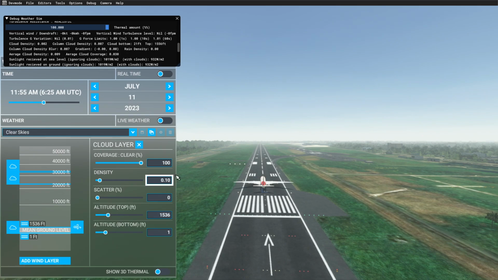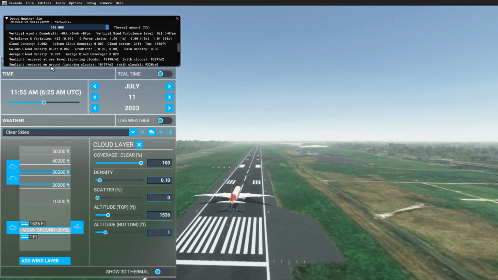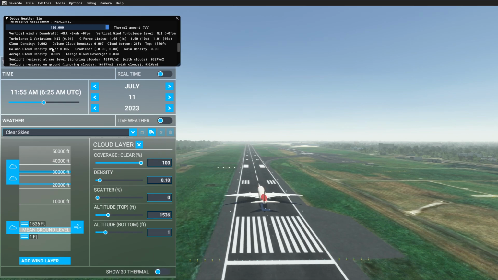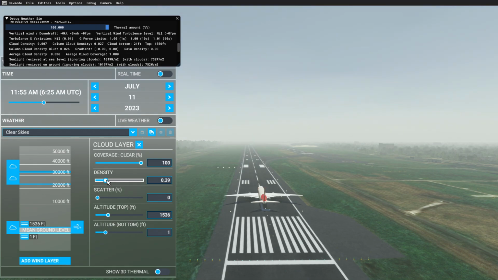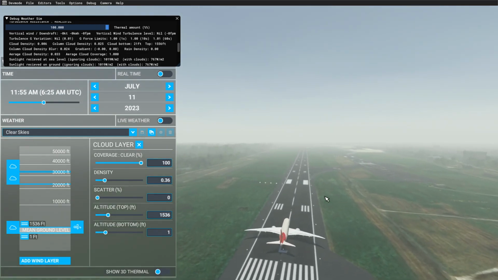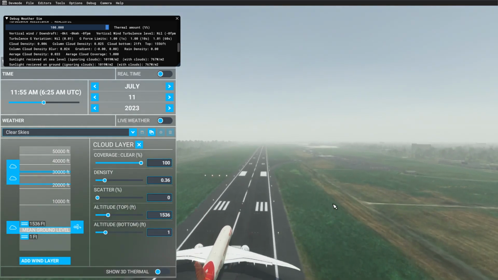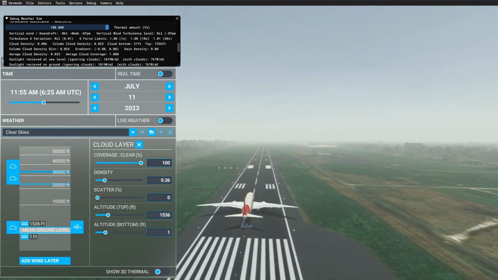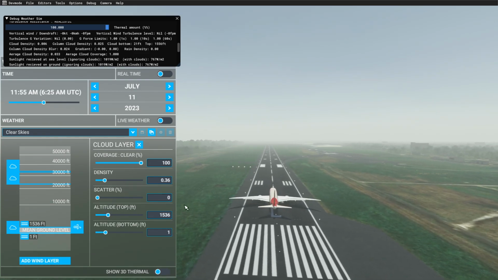So a density of 0.01 corresponds to a cloud density of 0.002. Now, to get it to 0.006, you can either increase the density here, right? So it's approximately 0.006. So you get a similar kind of depiction of visibility as we had before. You can see the entire runway, but not really too much beyond that, right? Or you can keep this kind of low,